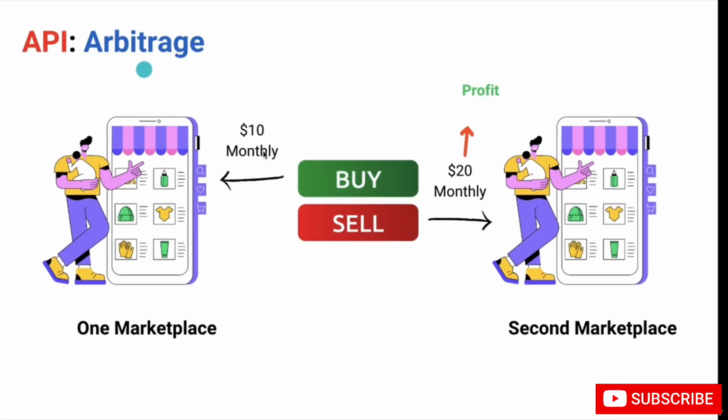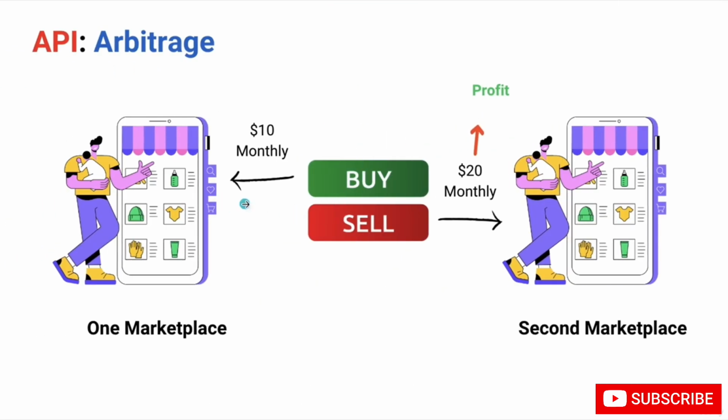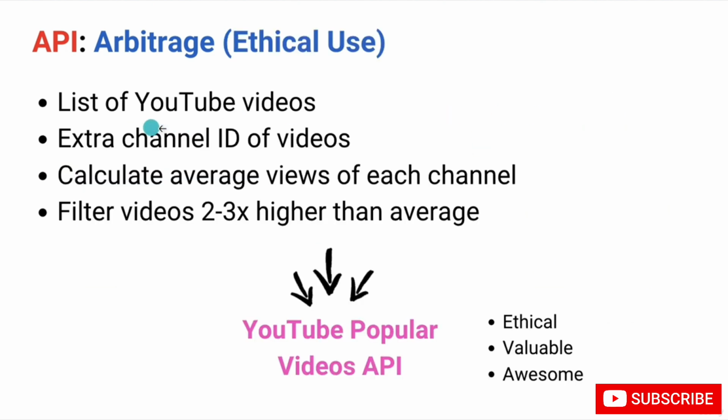But my friends, I find this method kind of unethical, because you are buying that same API and selling it on some other marketplace without letting that person know that this same API is available on another marketplace at a much lower cost, right? So I find it some kind of unethical. But inside this particular course we are going to use API arbitrage, but in a positive way, in an ethical way.